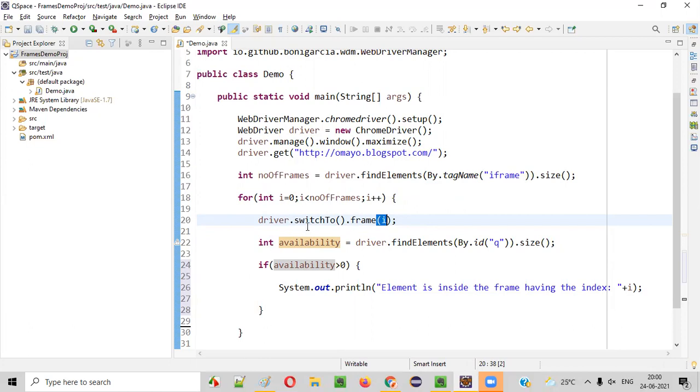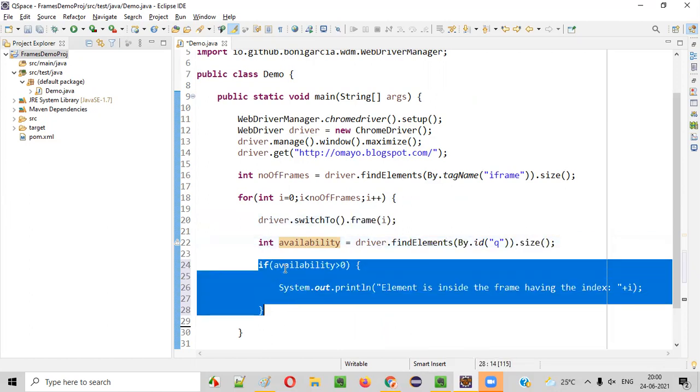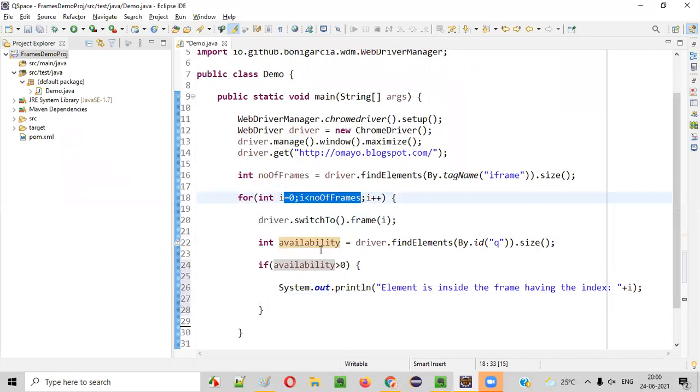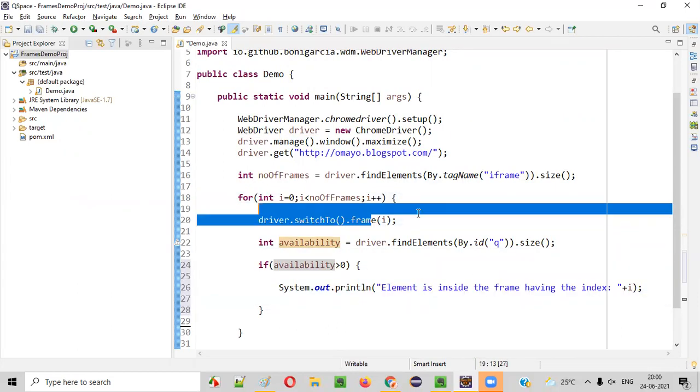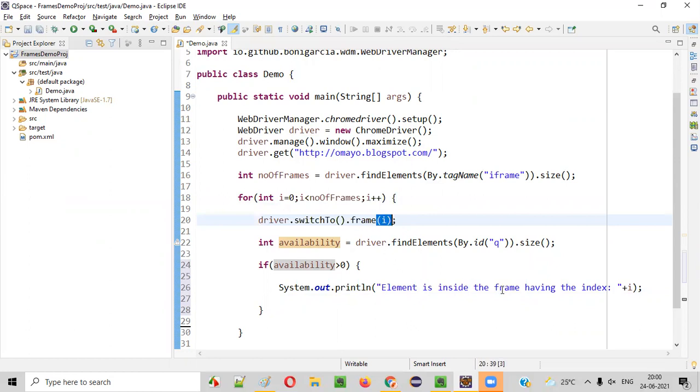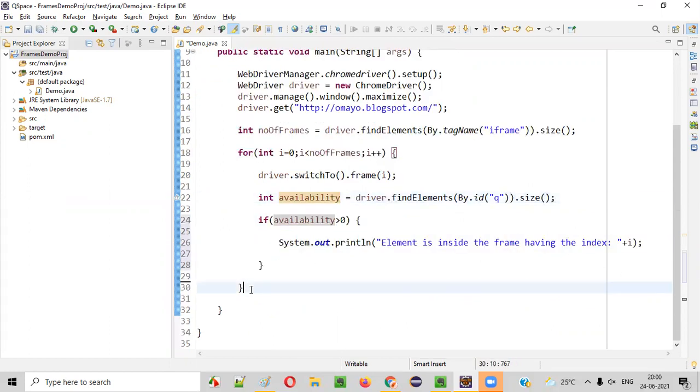If we find the element inside that frame, the size will become 1, otherwise 0 will come. Like that it will check all three iterations, 0, 1, 2, and the statement will be printed only for the iteration or index value where the element is available. That's how I'm writing the logic, guys.